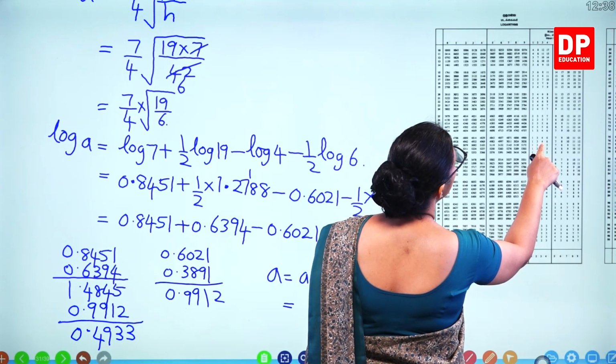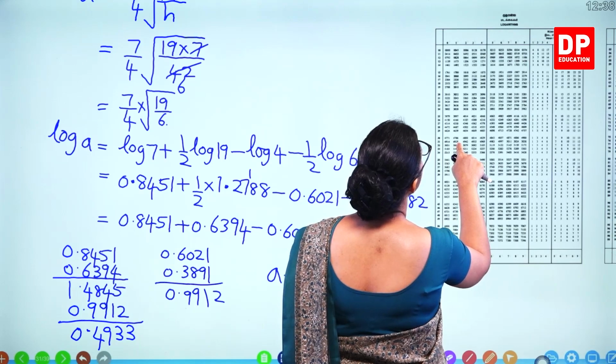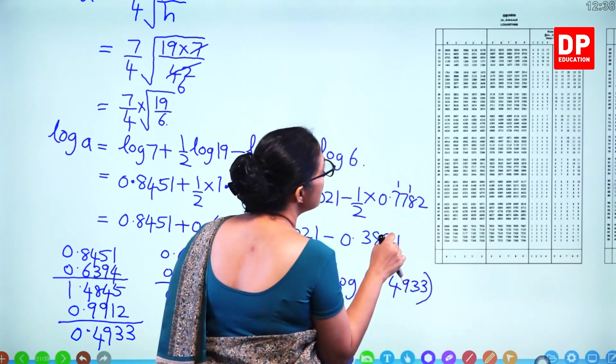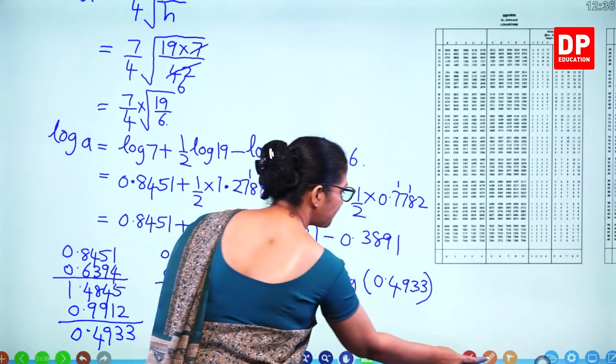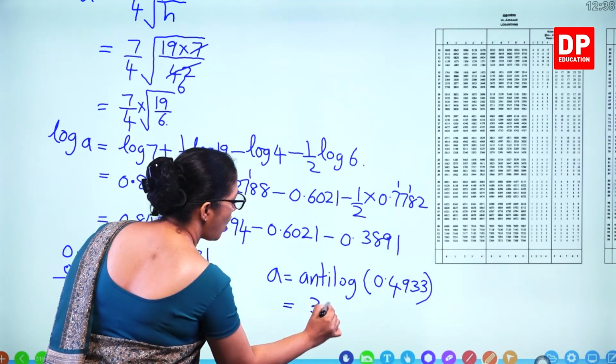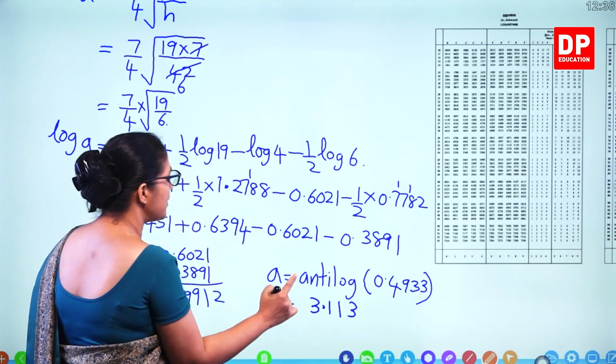That's like 3.113, 31, 1, 3, but this is 0 point, so 3.113 is the